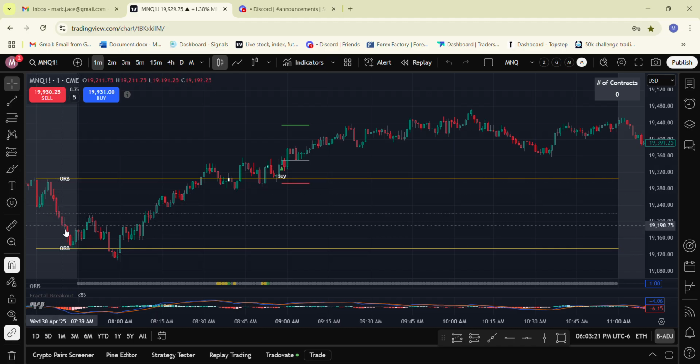So then, once that happens, you basically wait for price to break out of that range. And once it's broken out of the range, it has the opportunity to come far enough out, come back, retest the opening range, and then continue on in the breakout direction. In this case, it tried to break out on the lower end, but failed and re-entered the range, came up